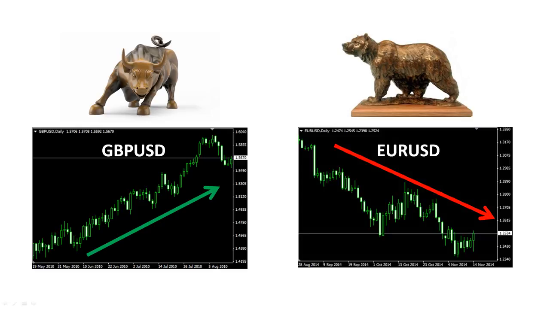Bears are people who invest in the decline of a currency pair, and this is an example of the euro-US dollar in a downward trend. Here the bears would profit from selling this currency pair. The terms bulls and bears have a historical background, and they were first introduced a long time ago in the stock market. The choice of animals has quite a lot to do with the way they attack. A bull would fling up its opponent into the air, and that is similar to how currency pairs move upwards. A bear would generally attack by using its paws to drag somebody down, and that's similar to how currency pairs